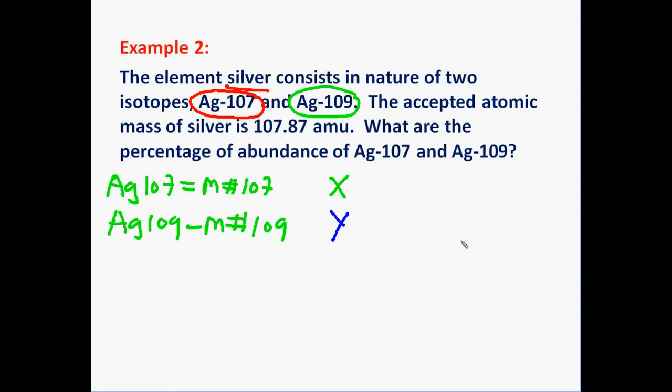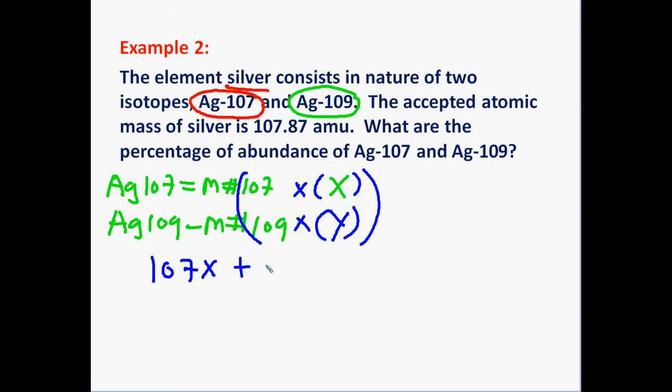If X and Y are the abundances, and 107 and 109 are the mass numbers, we can easily multiply these two things and add them in order to find out the total average mass. So in this case, the average mass will be 107x plus 109y, and that answer should be the average atomic mass, which is